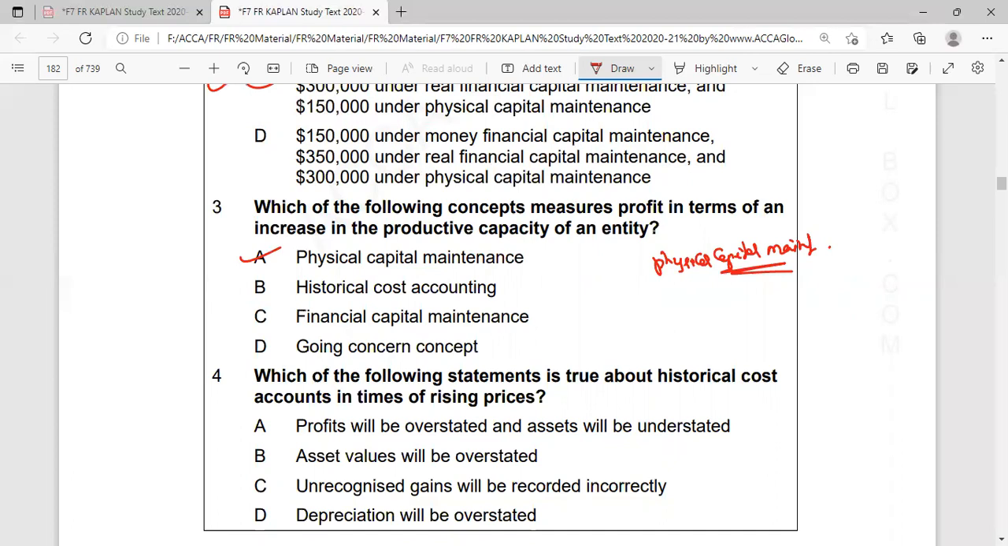Which of the following statements is true relating to historical cost in terms of rising prices? Profits will be overstated, assets will be understated. In case of rising prices, profits will be overstated and assets will be understated. So in terms of rising prices, what happened? Generally, if the prices are increased,